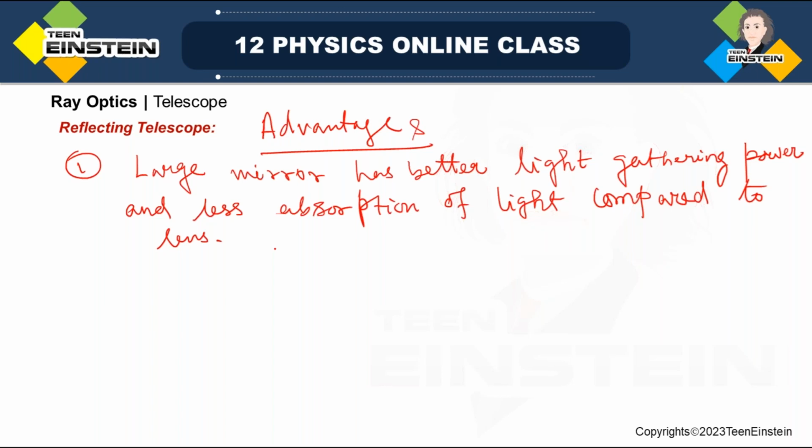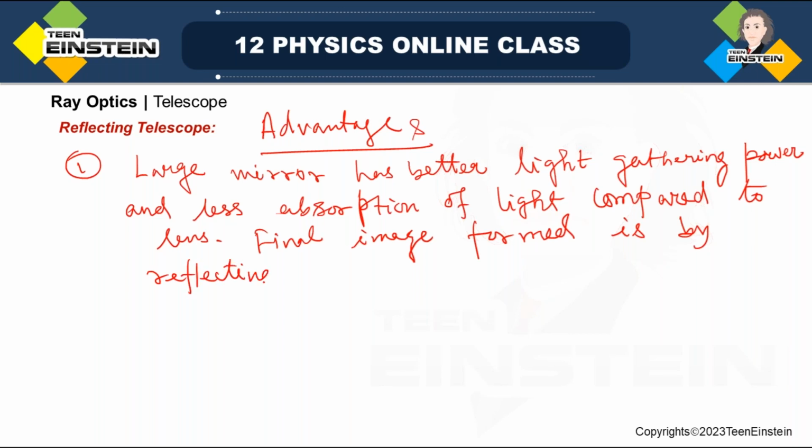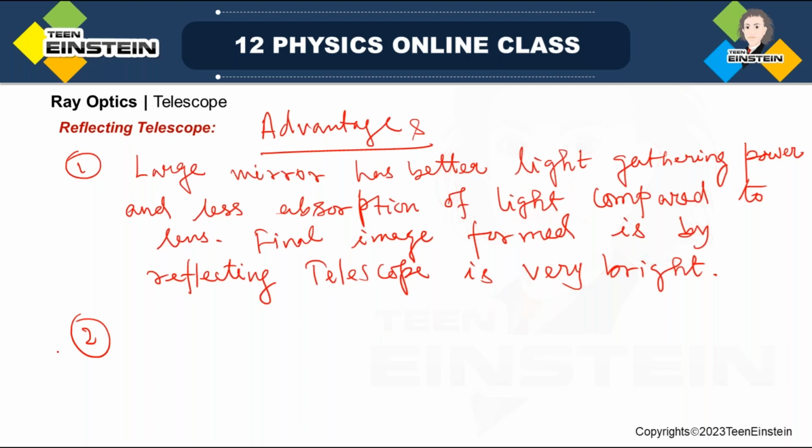The final image formed by the reflecting telescope is very bright, very bright. Okay, second point is that